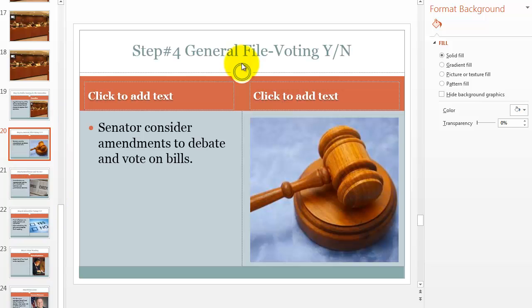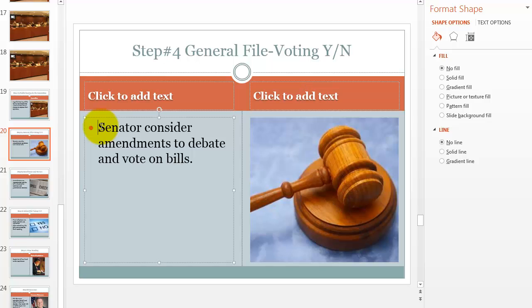So try to apply the same ideas and techniques for the remaining steps. Step 4, general voting. And so here, senator is one of the things you want to emphasize. And amendments. And debate and vote. So there are three things. You could use images to further elaborate on what you mean by senators consider amendments, debate and vote on